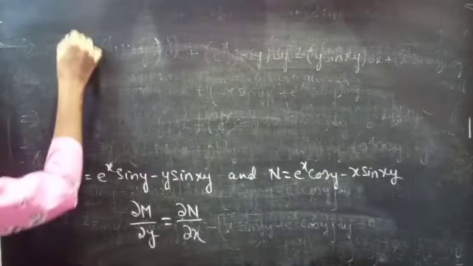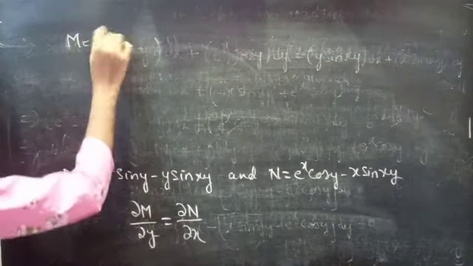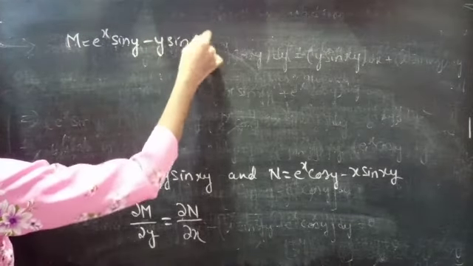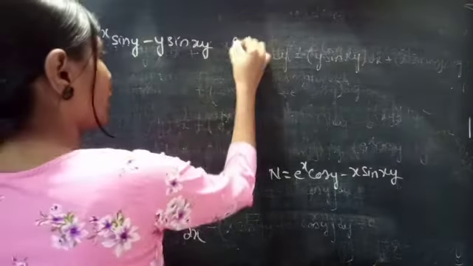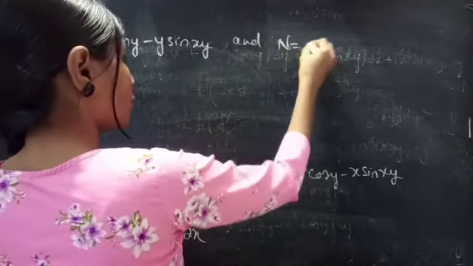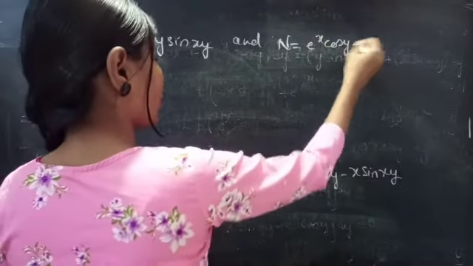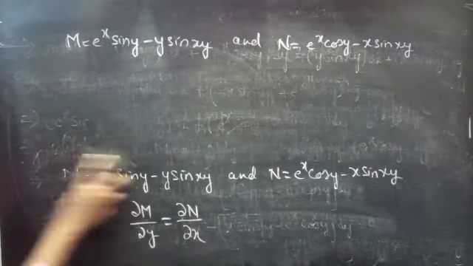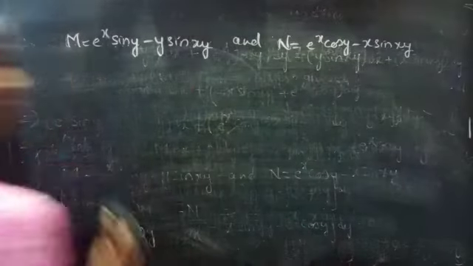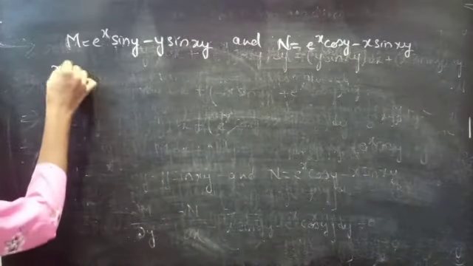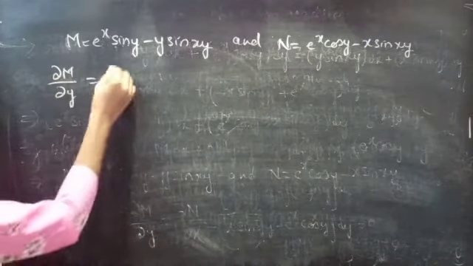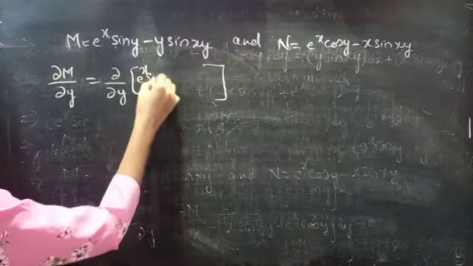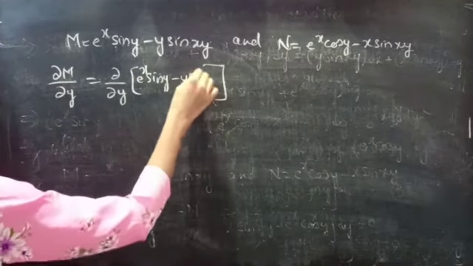We have M = e^x sin y − y sin(xy), and N = e^x cos y − x sin(xy). ∂M/∂y equals